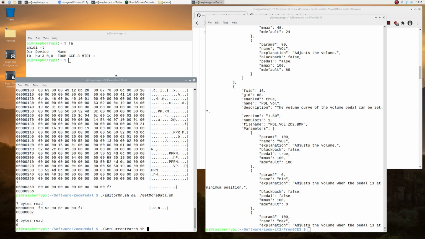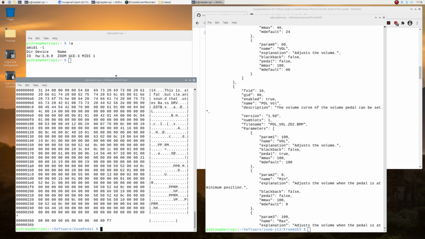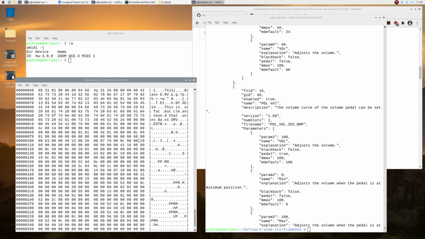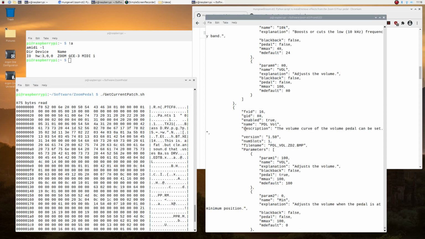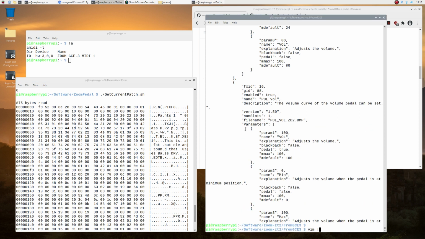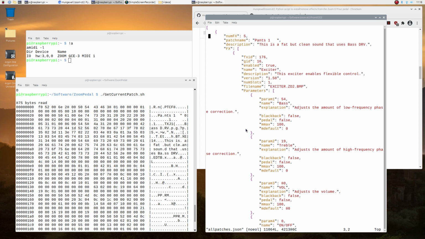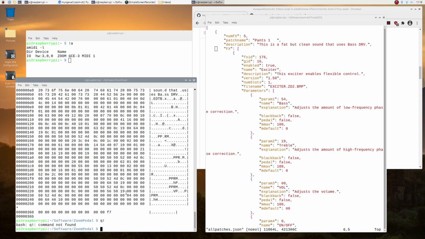And then I should have said get the current patch. And there we go. So this is basically pulled down the patch pants one. And we can see this is the first one, because here we see pants one is the current patch. So let me now see if I can find